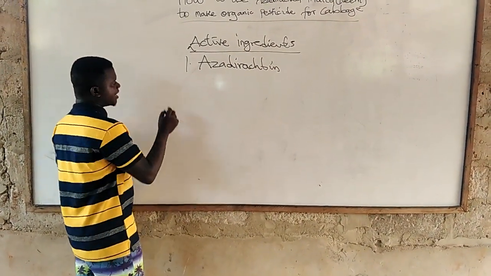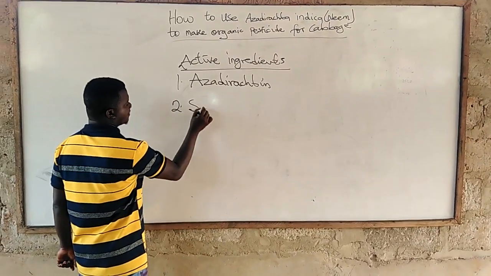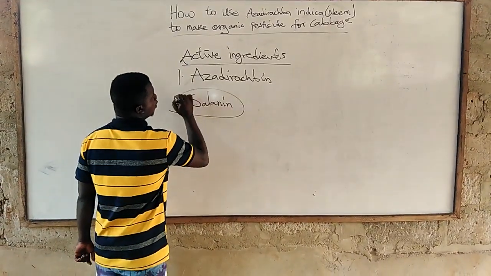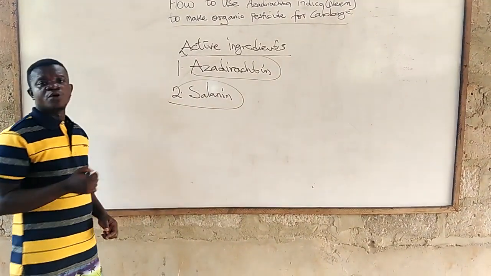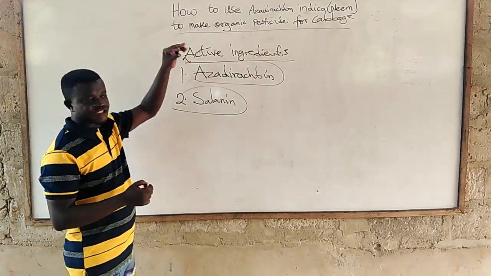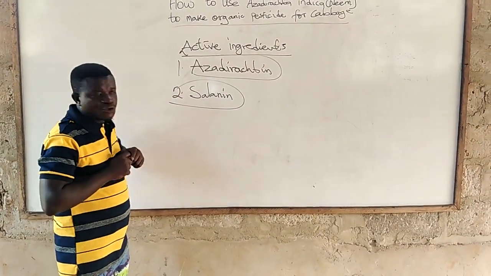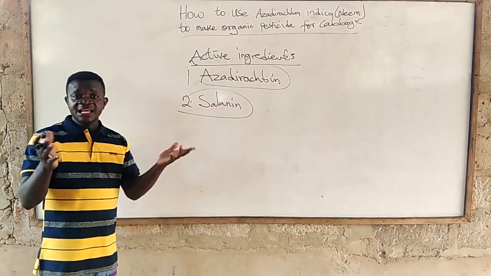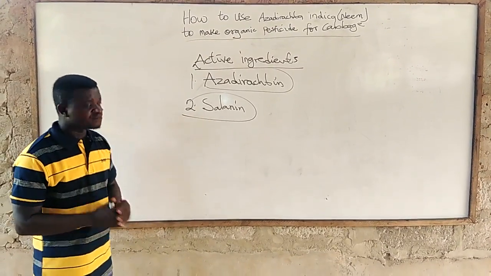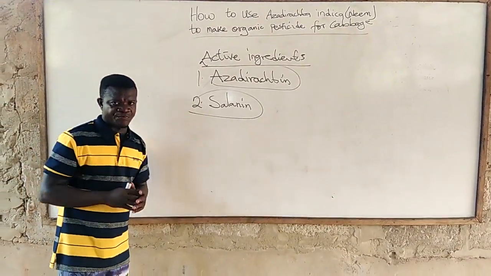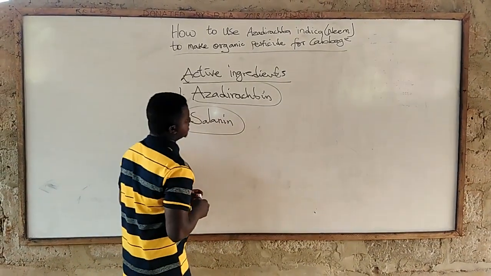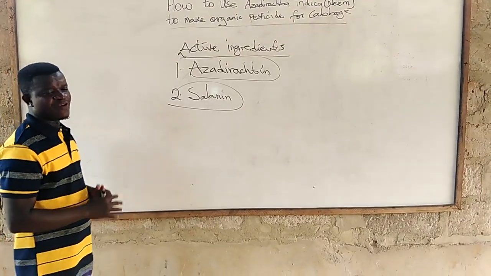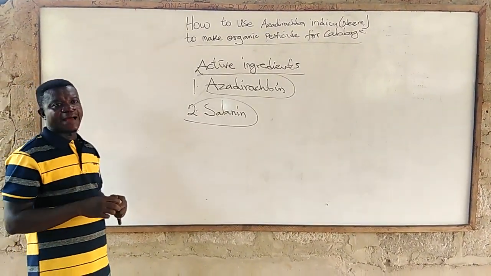That is the name of the active ingredient, and then we have salannin. These two compounds, we will not take you to the classroom; if not, we would have drawn the structure in chemistry for you to see. These two active ingredients present in the leaves and seeds of Azadirachta indica enable it to deal with crop pests. Now, let's deal with azadirachtin and salannin: the main function they perform when applied on crops